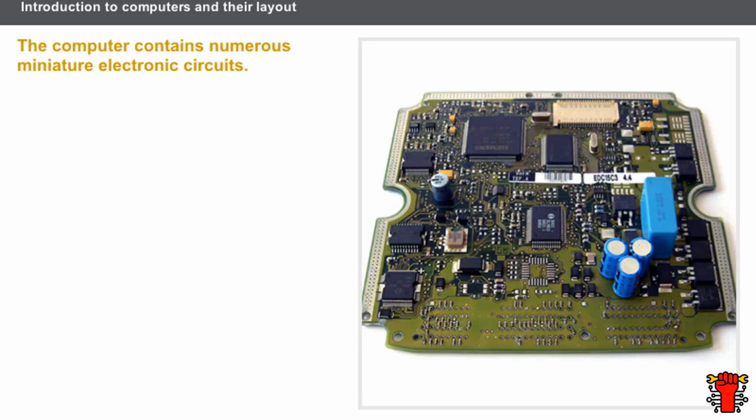The computer has numerous miniature electronic circuits as well as the following components: an input stage, capable of converting analog data into digital data; a central unit or microprocessor, which deals with data; an output stage, which gives out instructions; and two types of memory: